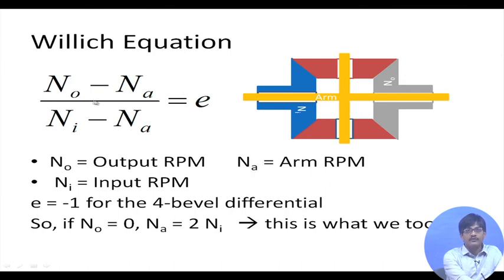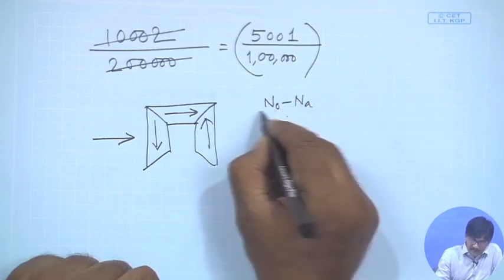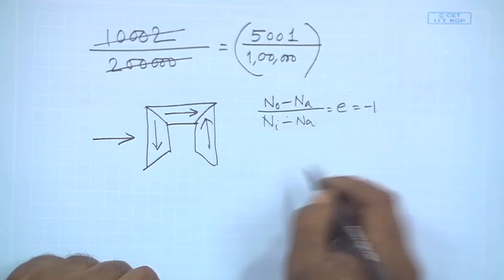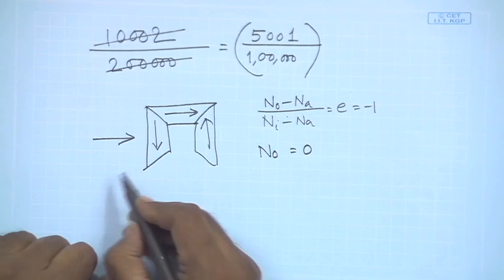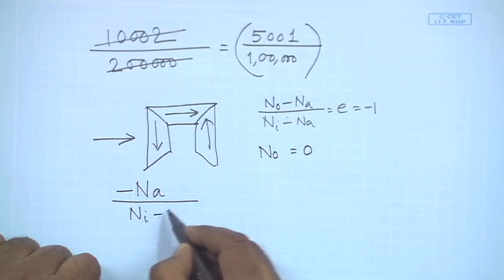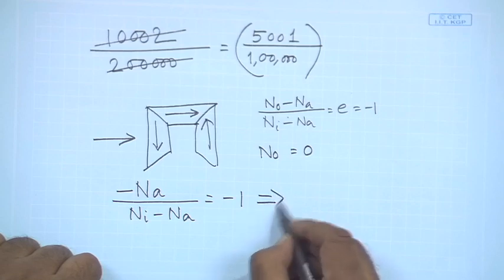Let us solve it quickly: (No minus Na) divided by (Ni minus Na) equals E equals -1. No we put equal to 0, and therefore we have (minus Na) divided by (Ni minus Na) equal to -1. If you cross multiply, you will get